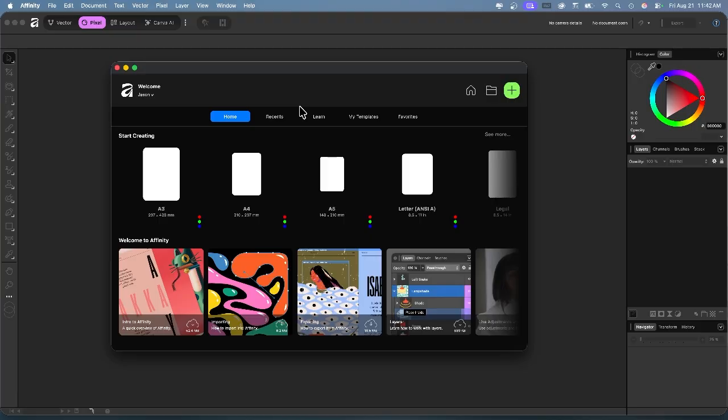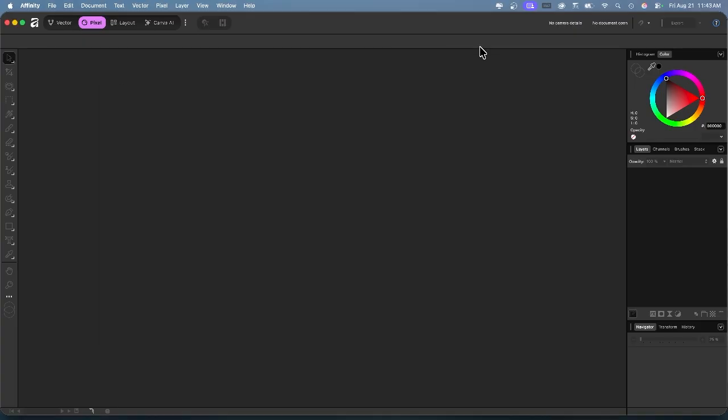When you open the Affinity application, you'll see this welcome screen. And it gives us a variety of choices, places to start with presets, document sizes. Then they have a bunch of these tutorials down here. But for us today, I'm just going to click X out of this window to show you the workspace itself,